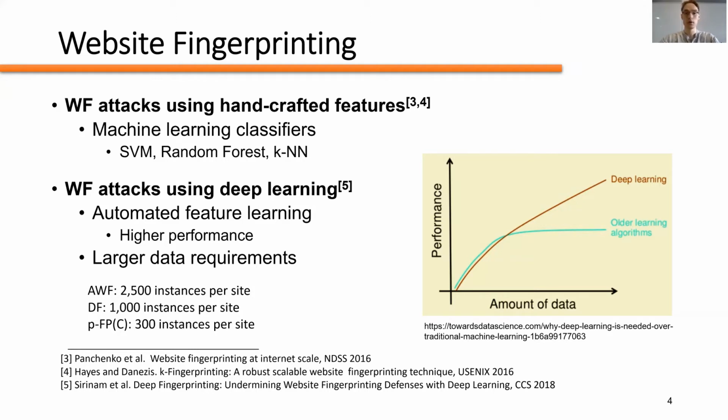In general, these works show that the features used to train the classifier are more important than the particular classification algorithm used. More recently, deep learning techniques such as stacked denoising autoencoders and convolutional neural networks have begun to be applied to the field. These systems learn abstract features automatically from raw traffic data and have been shown to achieve superior performance. However, in order to feed these data-hungry networks, new larger datasets need to be collected. And so the current state-of-the-art attacks predominantly use convolutional models to achieve their high performance.